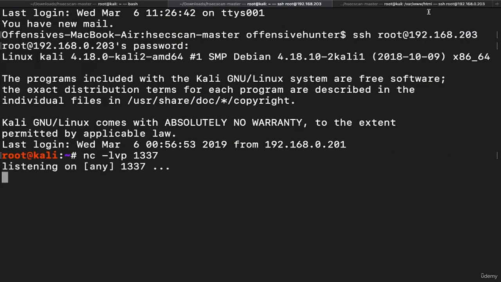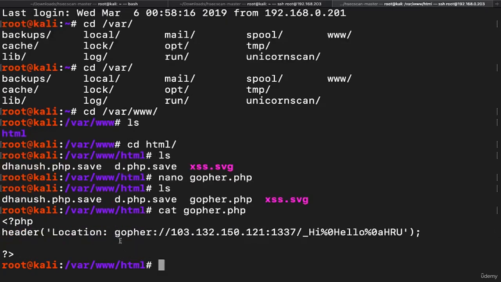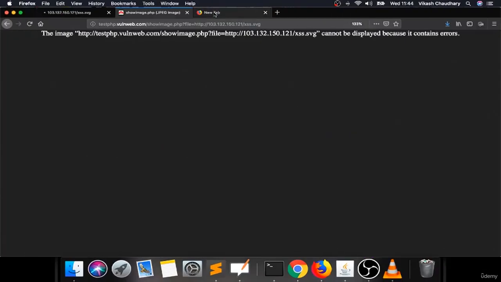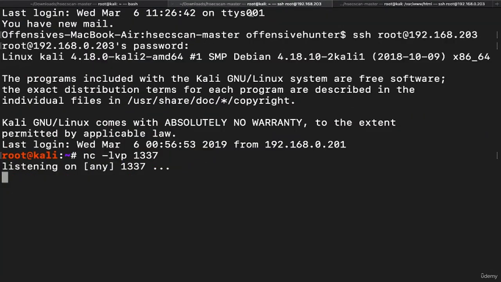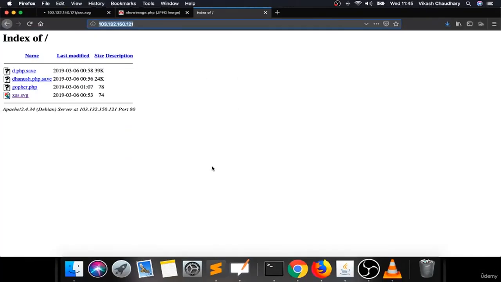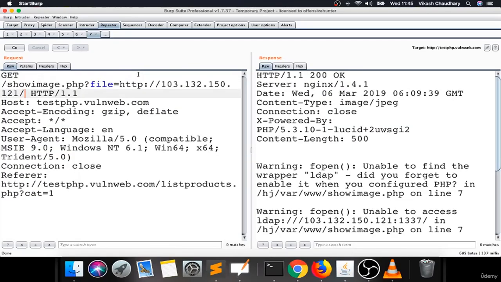So basically I created a file here, cat gopher.php. You can see this, and from that file I'm making a request to this 121 port number. And see this now, this file is on the server already, this gopher.php. If anyone makes a request, it will simply go to the listener, but right now from the browser we haven't made any request. But you can see this now. What if I give there, let's say, gopher, this one, yes, http, this one, 121/gopher.php. If I'm trying this now,